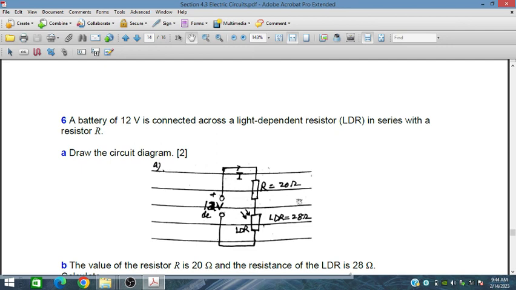Now from 6 to the last we will discuss in the